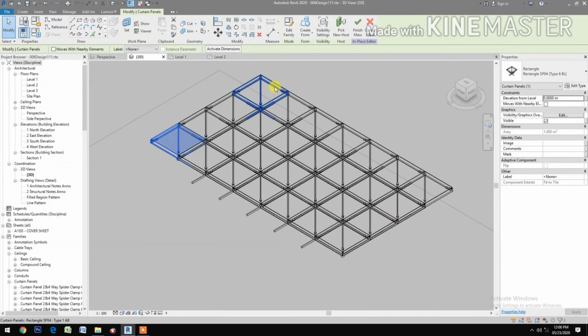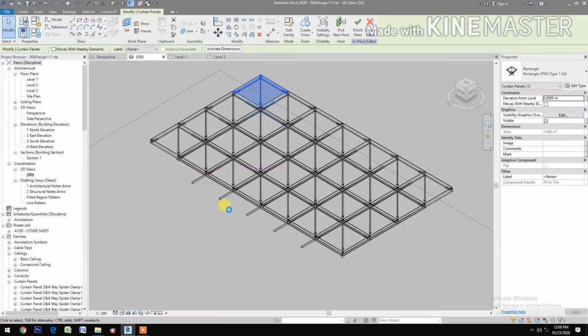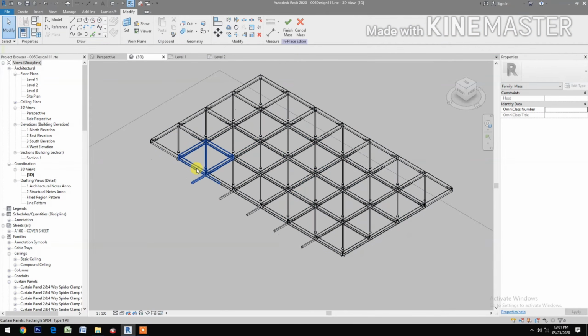Then the other corner, change it to bottom right, okay. Now select the panel here,